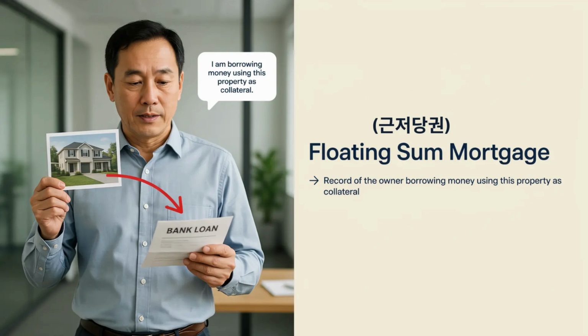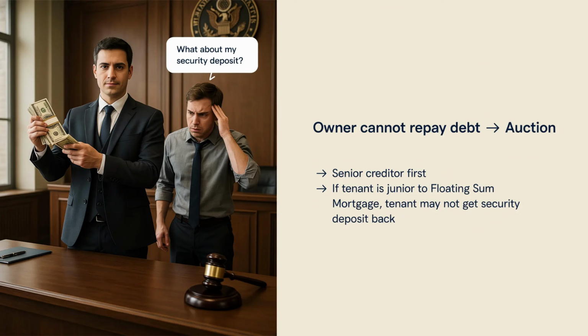If Section B, Other Rights, shows a floating sum mortgage, the owner has borrowed money using this property as collateral. If the owner cannot repay the debt, this property goes to auction. The person with the highest priority takes the money first. If the tenant has a higher priority than the floating sum mortgage, the tenant is more likely to get the security deposit back. If the floating sum mortgage was set before the tenant's rights, the tenant may not get the